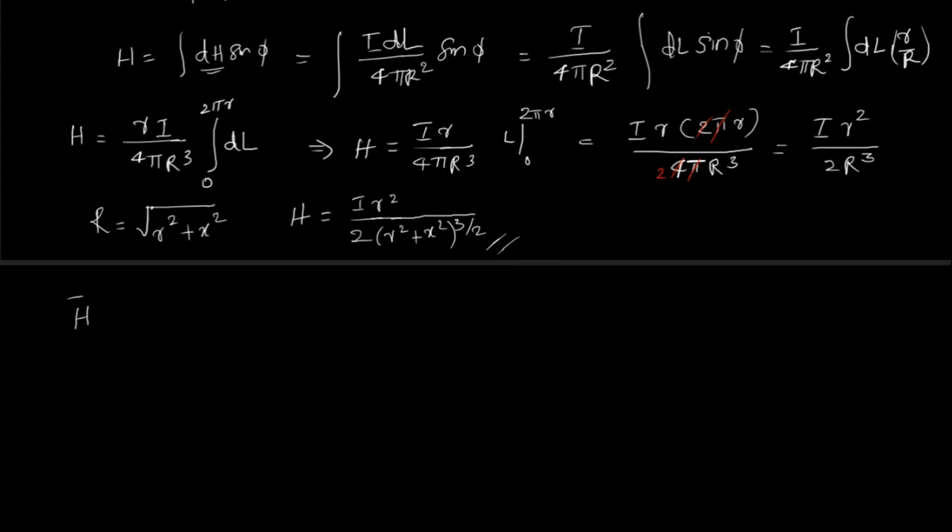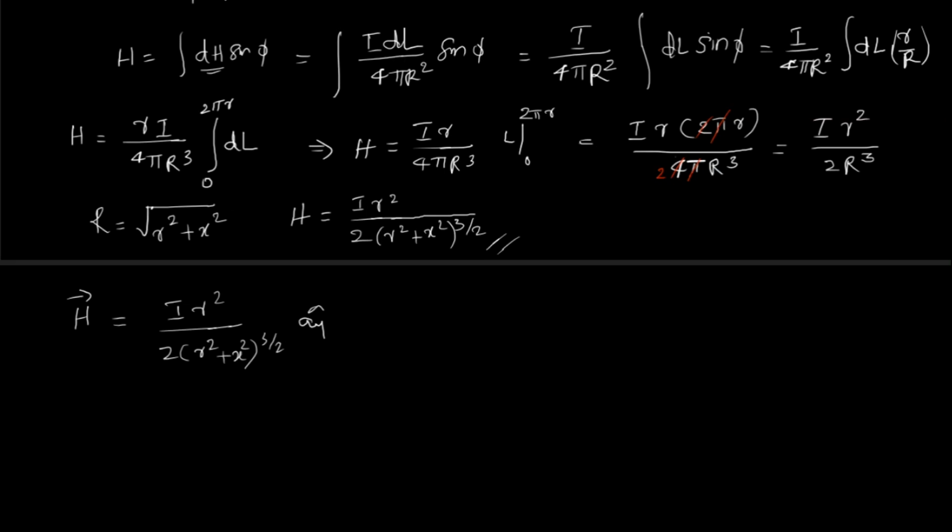So now H in vector form is I R square divided by 2 times (R square plus X square) power 3 by 2, in a_y cap. I hope this is very clear. Why a_y cap? This is how I represent H as a vector. See, it's very silly. I didn't consider H as a vector during the derivation, but using the concept, now I know that H is going to be in this direction. So H directly becomes H vector, magnitude into direction.